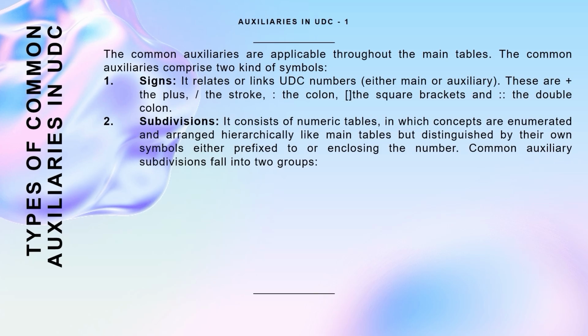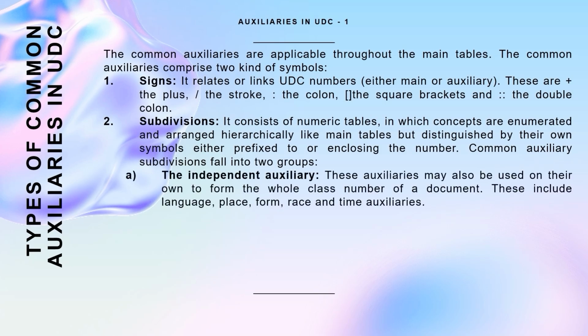But in the case of common auxiliary subdivision, these common auxiliaries are basically distinguished by their own symbol, either prefixed or enclosing the number. Again, we can divide this common auxiliary subdivision into two groups. One is independent common auxiliary, another is the dependent common auxiliary. So independent common auxiliaries may also be used on their own to form the whole class